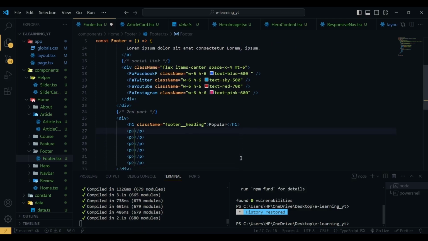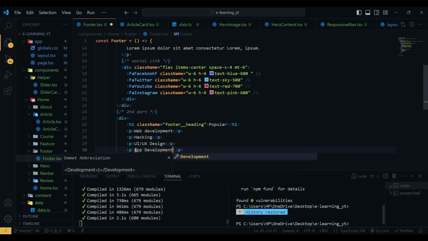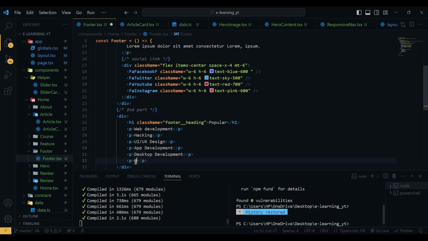The first one will be web development, then we have hacking, UI UX design, then we have app development, then we have desktop development, then here we have digital marketing,